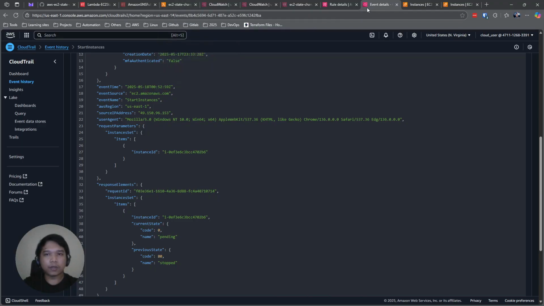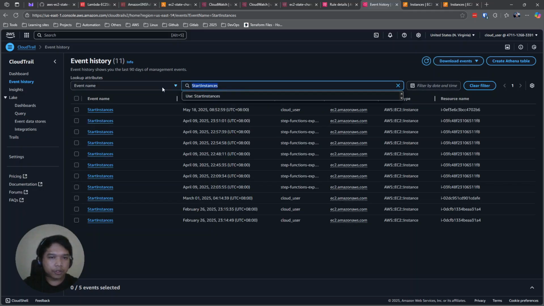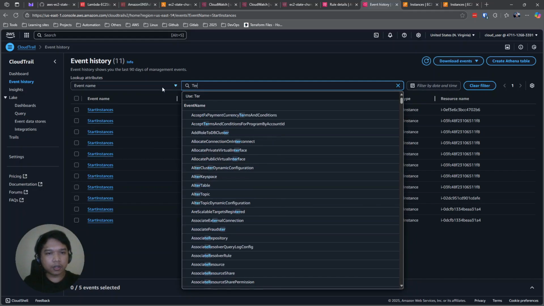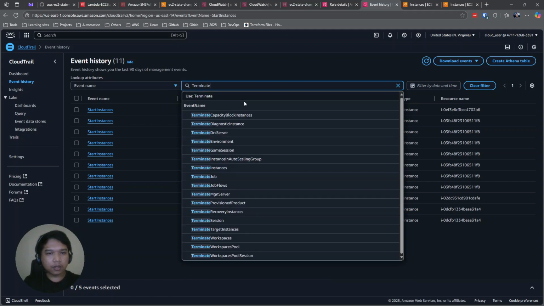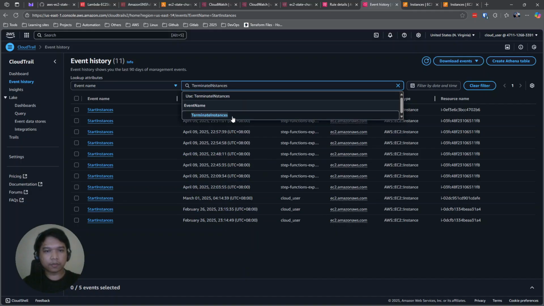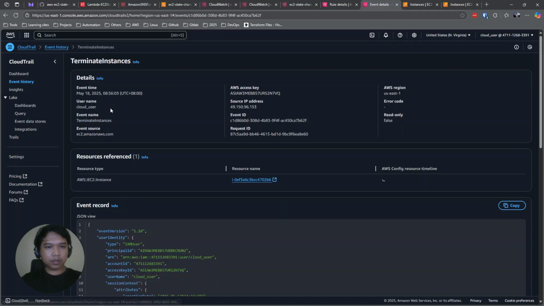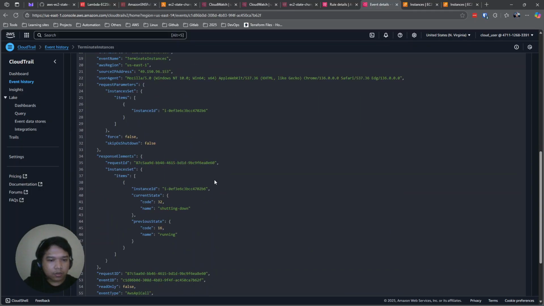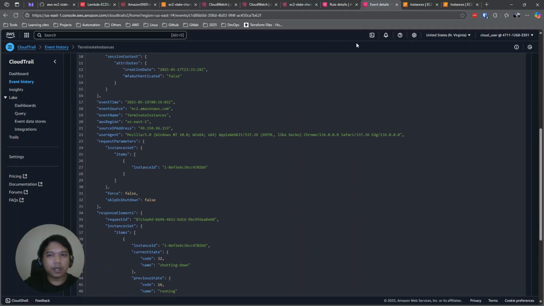So the one thing that we need to verify is in the event history, but I'm pretty sure that it's here. Terminate instances, right? I think this one. Yeah, 0 to B6. This is the event name for that.